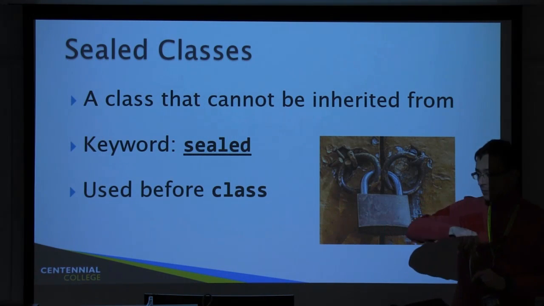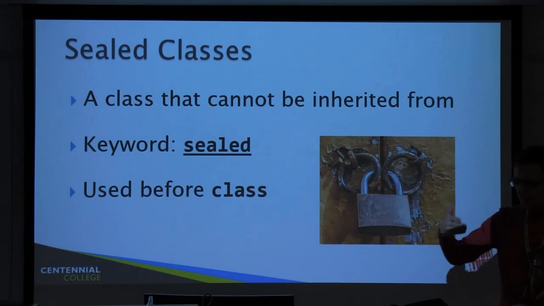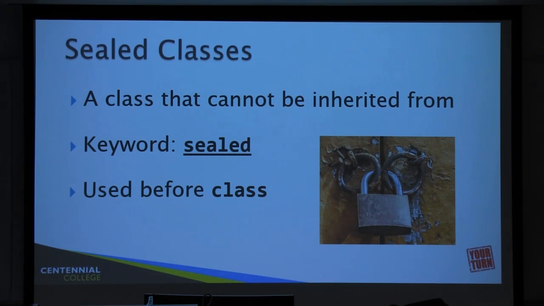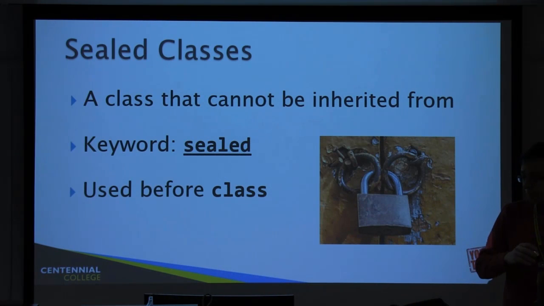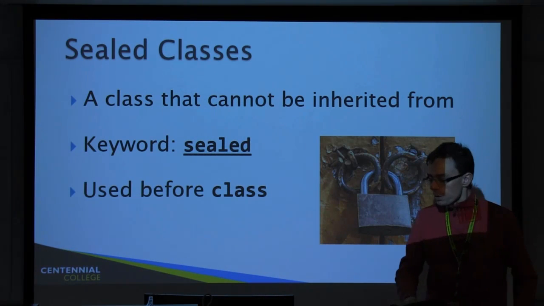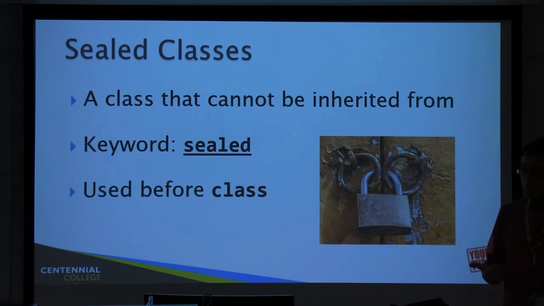Aside from the question of what it is used for, I've tried to explain a little bit. If we seal the last child class, because we're not going to use it for anything else, yeah, it could be. You can seal all the child classes at the end. You could do that. You cannot seal its parent, because if you seal the parent, then again the child cannot exist. Okay. Awesome.